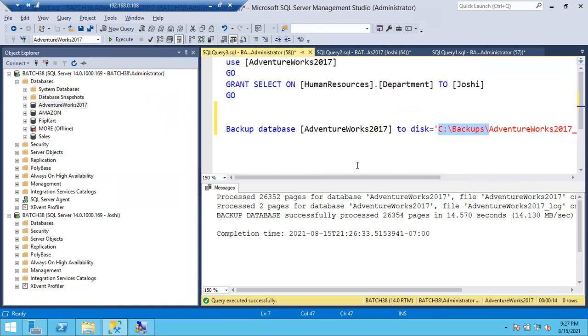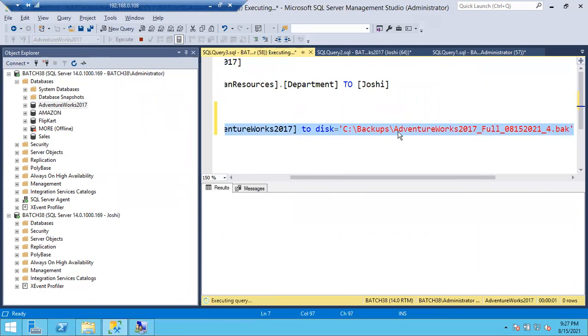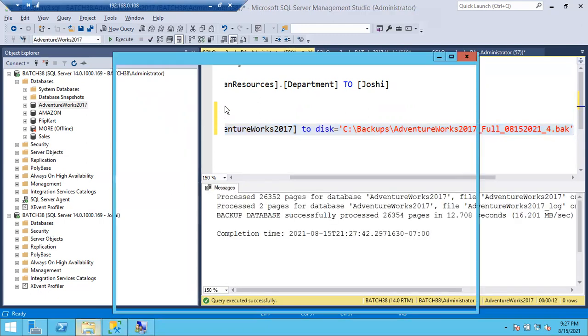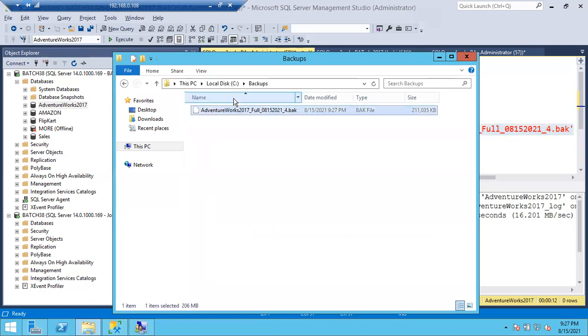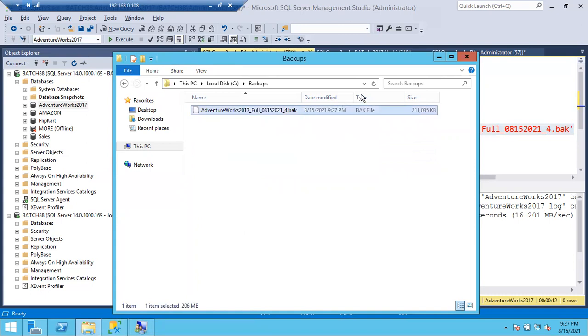So again, you can take the backup. Like this, if you want to take the backup to a specific location, you have to provide the location and the file name .bak. If you go to the folder, you can see AdventureWorks backup_4.bak is created under C backups.